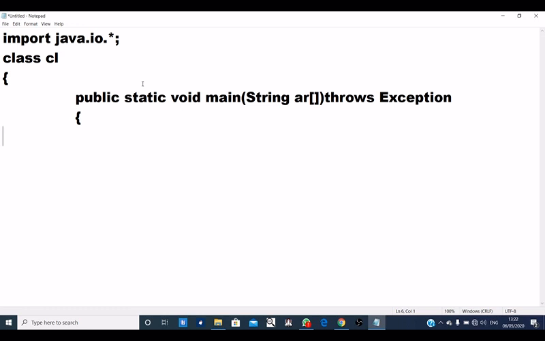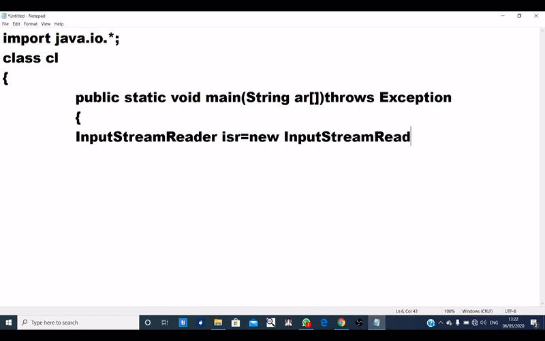Okay, now we have to create the object of two classes, InputStreamReader object, suppose isr = new InputStreamReader(System.in).